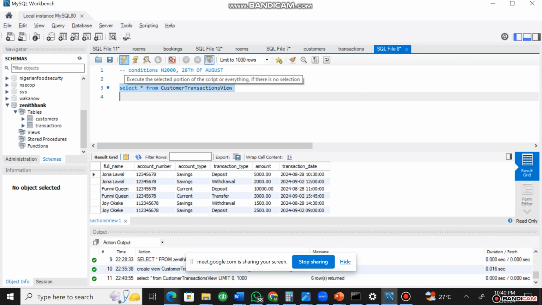And what do you see? Is it not both customers, their account number and everything that is here? Those things we listed: full name, account number, account type, transaction type, amount, transaction date. This one gives us everything, because we want to see everything. That's why if they were telling us, please show us the bank statement of just a particular day, I will use